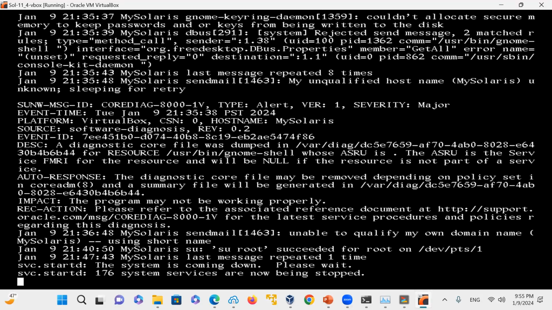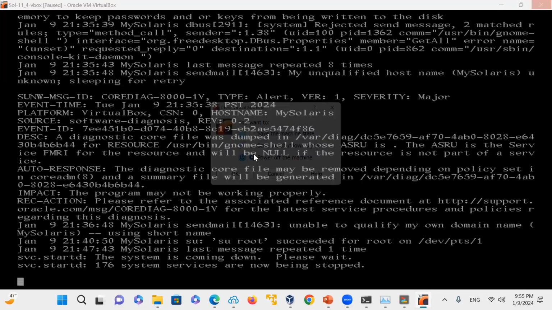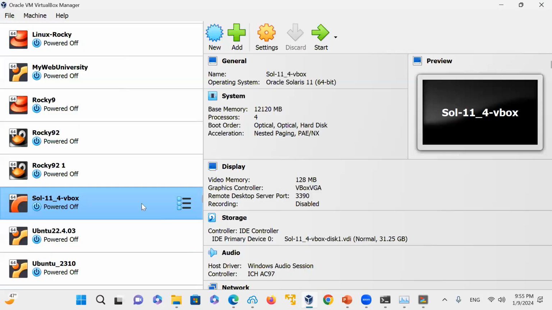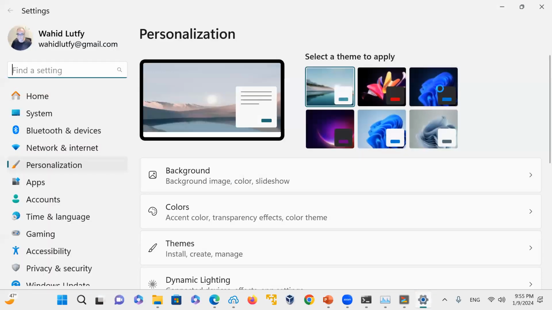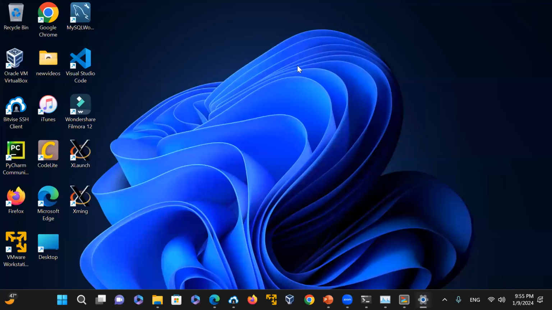So I'm just not going to wait too long for this one. I need to end this one. I'm just going to say power off from here. If this was a Solaris SPARC architecture, -i 5 would have shut it down. So now it's powered off, you're safe and you're good to go. I'm going to close this one. I'm going to change my background back to the one that I had originally. I'm going to come with this one and I say that's good. And I will just keep that one and